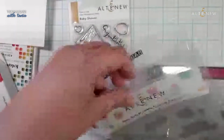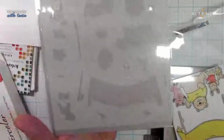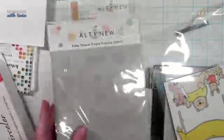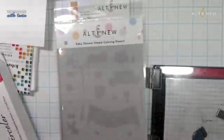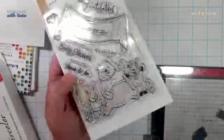In addition, there's also a coloring stencil, and this allows you to do some very, very quick coloring by using a stencil. So we're actually going to be doing two things today. I'm going to be coloring in these sweet little critters, and I would love to know